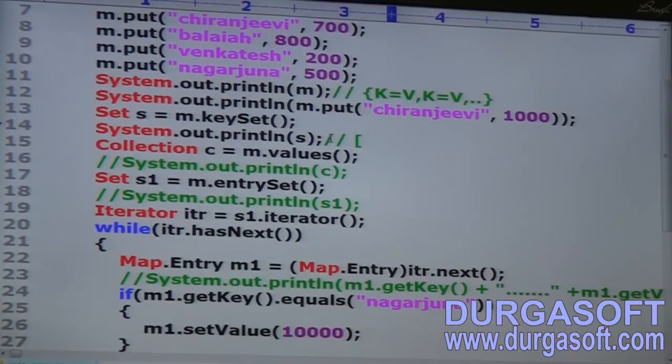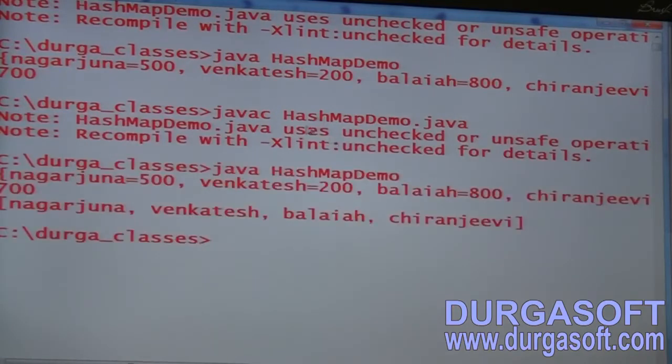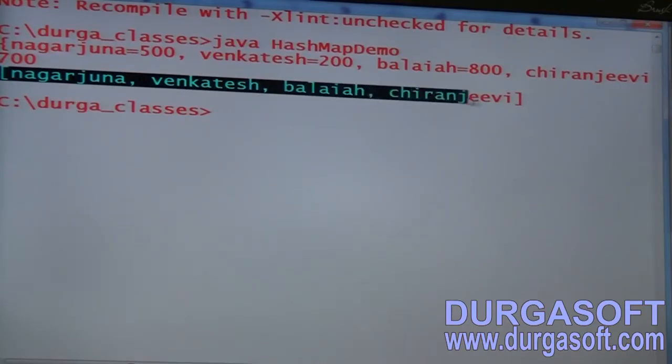Now observe the output. Only keys you are going to get. Have you observed? Nagarjuna, Venkatesh, Balaya, Chiranjeevi, within square brackets. Because it's only keys.